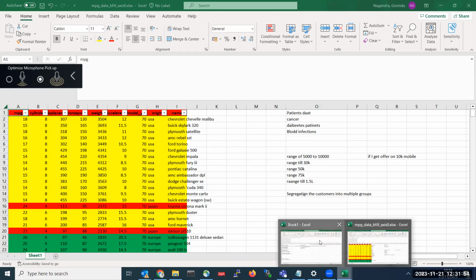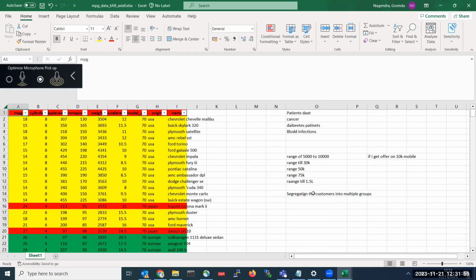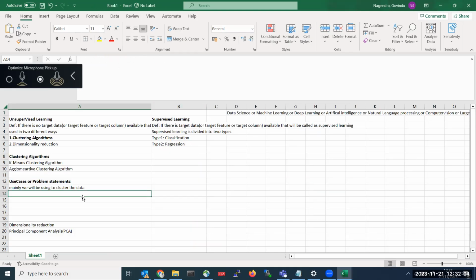So now let us move on to segregating the customers into multiple groups. This is just from the customer's point of view. There are multiple ways. For example, I do have dog images, cat images, human being images, aeroplane images. If I want to cluster them into different groups, so aeroplane images should go to aeroplane, and human beings, cats, dogs, there I can use unsupervised learning.